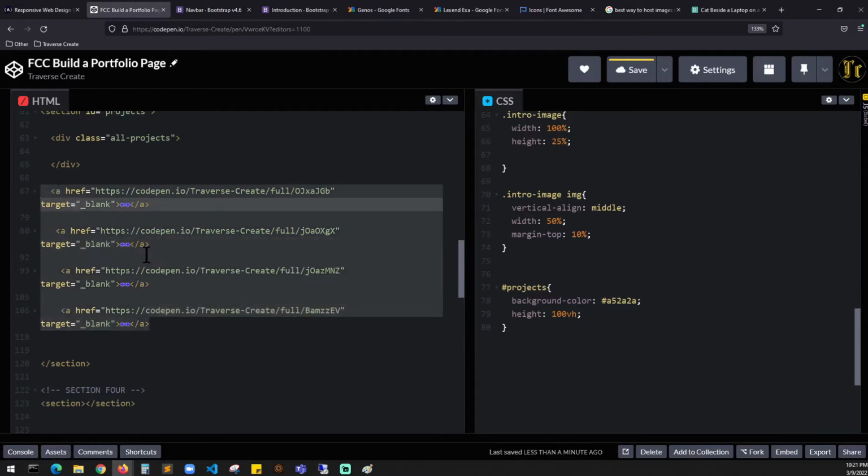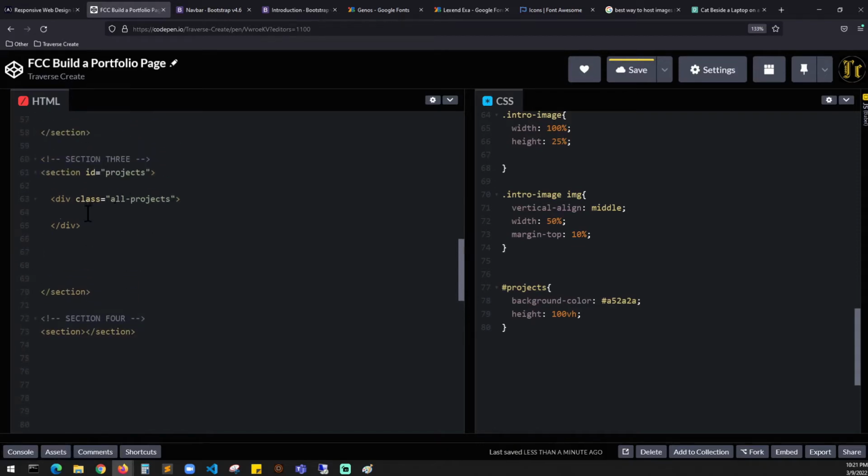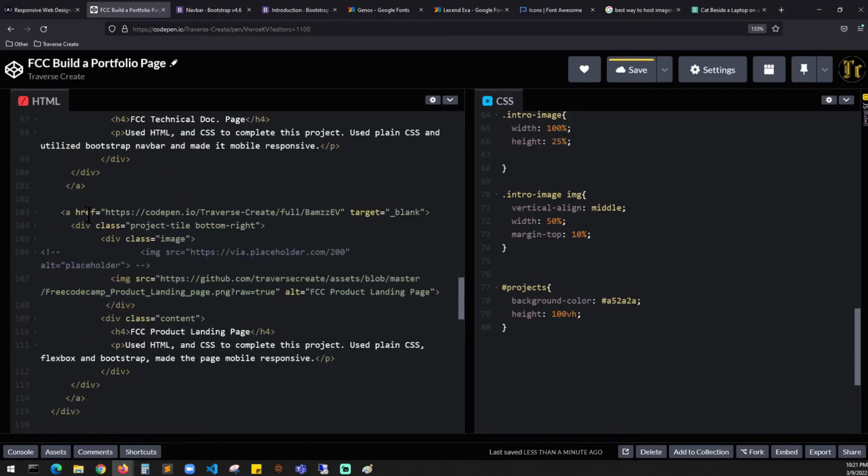That's what I was thinking. I'm missing something. I'm going to place everything inside this div which holds all the projects. I'm going to save this. That's the container for our projects. That would be the right word. And all projects